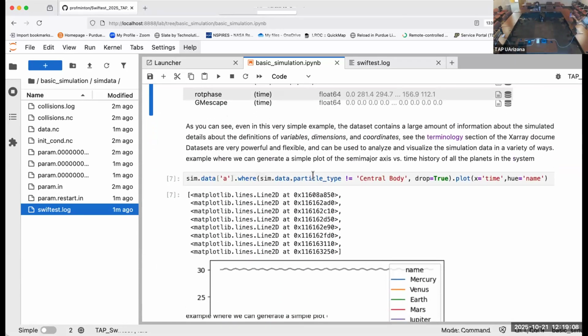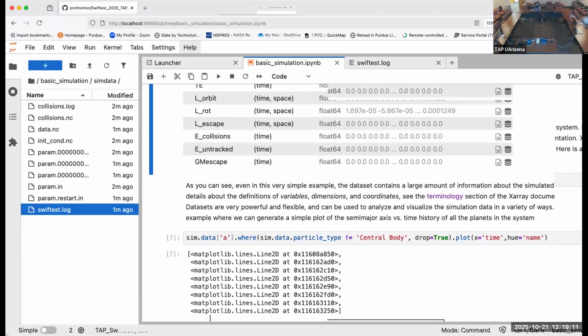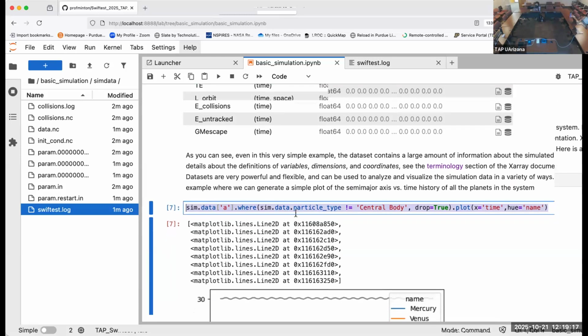All right, so what's really beautiful about this though is the way you can do these one-liner data processing steps to really quickly visualize your data. So here, what I'm going to do is plot the semi-major axis over time of all the things that are not the central body. So I'm going to select basically anything that's not a central body. That's all the planets